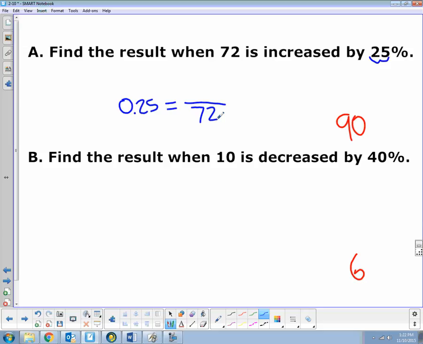I don't know how much it's changing, but I do know that it's starting at 72 because I want to find the result when 72 is increased by some amount. So 72 is the original. I don't know how much it's changing by. If I multiply to get x all by itself to isolate the variable, and again, I'm using the inverse operation,